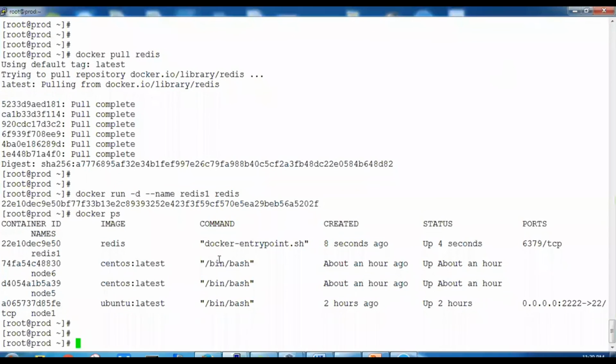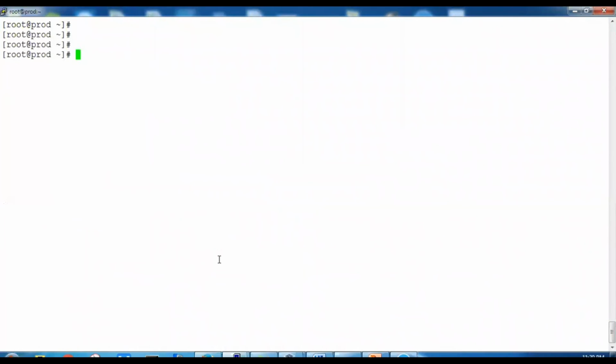Now let us create another container in link mode. So we'll say docker run -it, and we'll use the option --link to create the other container in link mode, and the first name should be our source container name.